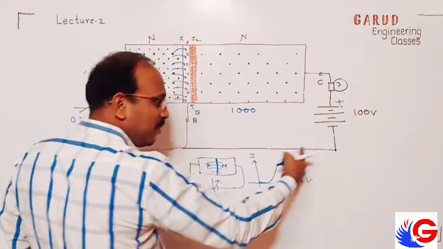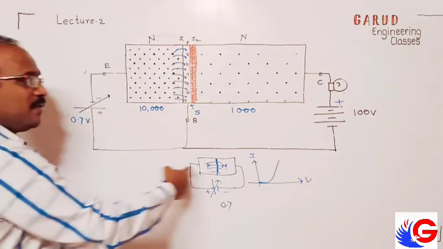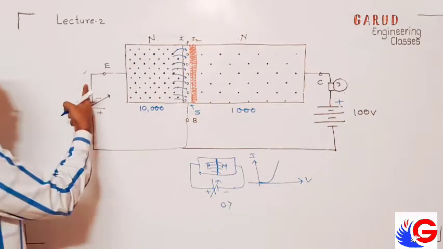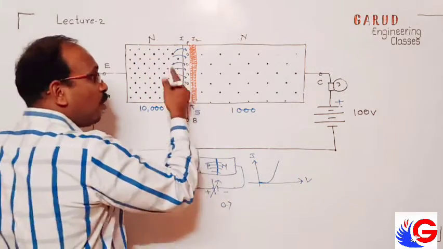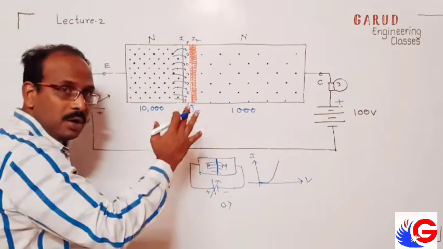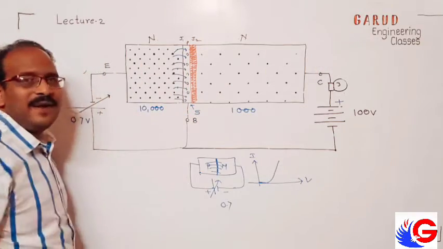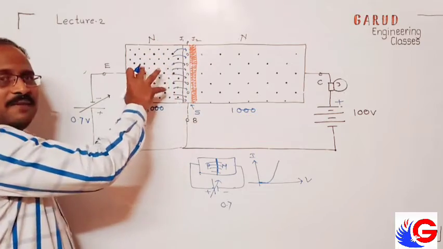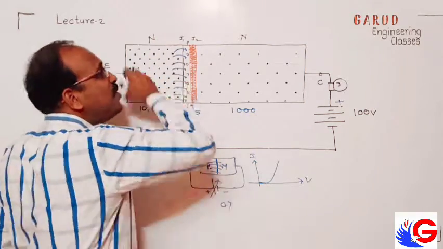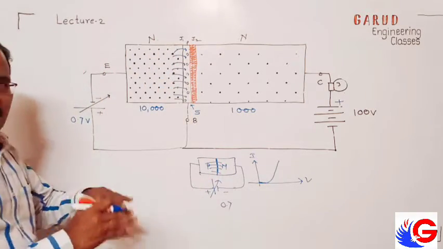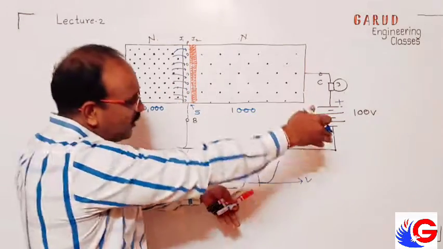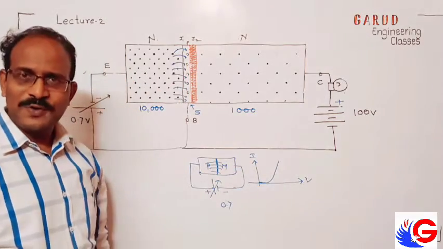See, positive, negative, positive, negative. Okay. So not all, but carriers will be attracted that side because this is heavily doped. So they will jump into the P region, and then they will be attracted towards the positive terminal of the